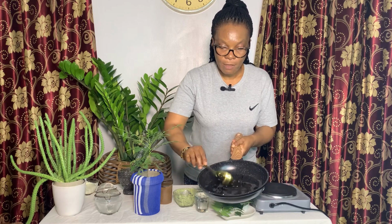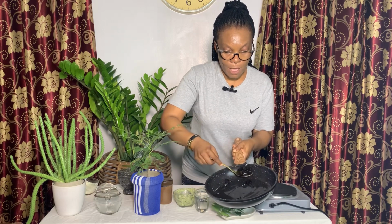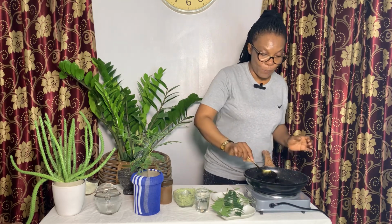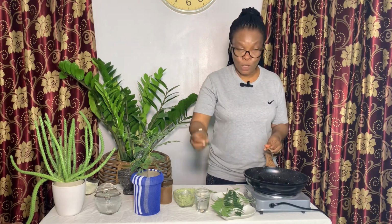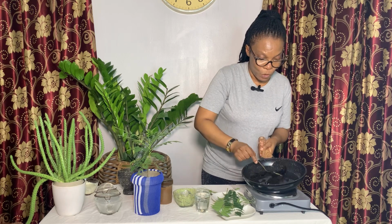I've done this before now to save our time. These are the leaves. They were fresh, not dry. These are the leaves that I use. So you put it inside your pan and allow it to heat up. You'll be turning it for a while. It's going to take time for this particular leaf we are seeing to get to this texture. So by the time you see it turn brown black this way, you can now allow it to cool